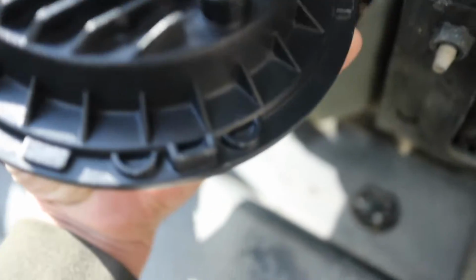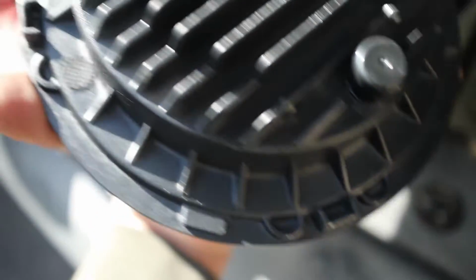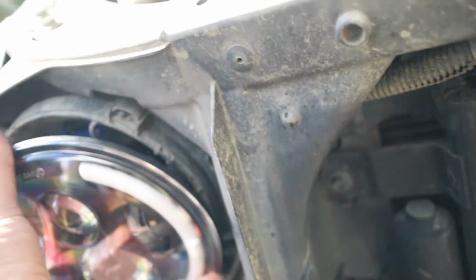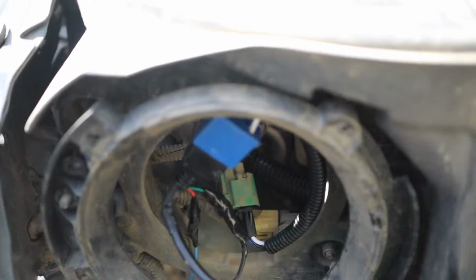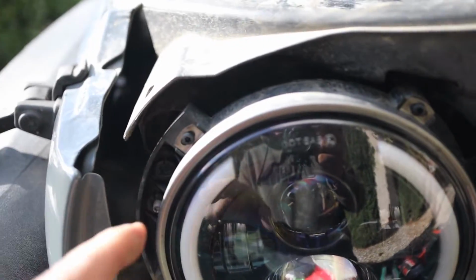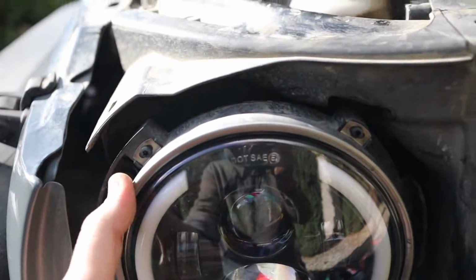Okay, so on the back there's these tabs right here. Like there's one there, one on the bottom. And they line up on these things right here. But we're having trouble lining them up. So I think we're gonna have to cut out some of the plastic on the Jeep just to make these fit because right now it's not going in. So we had to shave down where the tabs went in, but after that it's on there now,